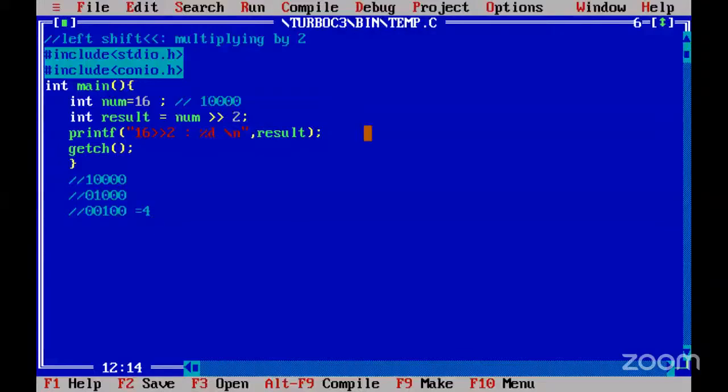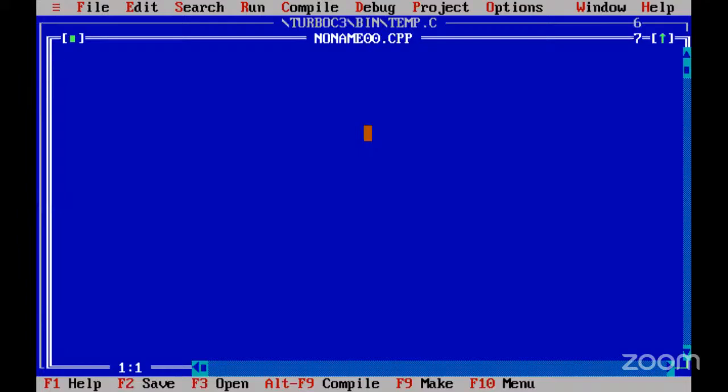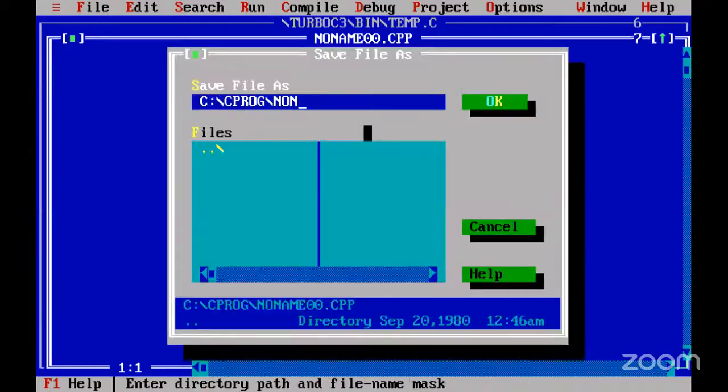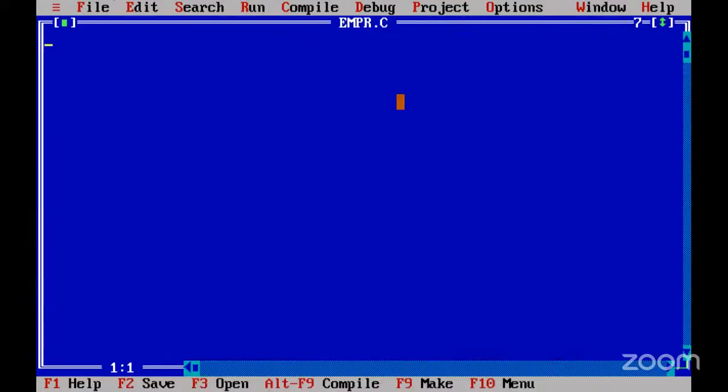C program. Let me write employee record.c. Now, if you go to this program, let me write a problem statement as usual. What I can say is employee